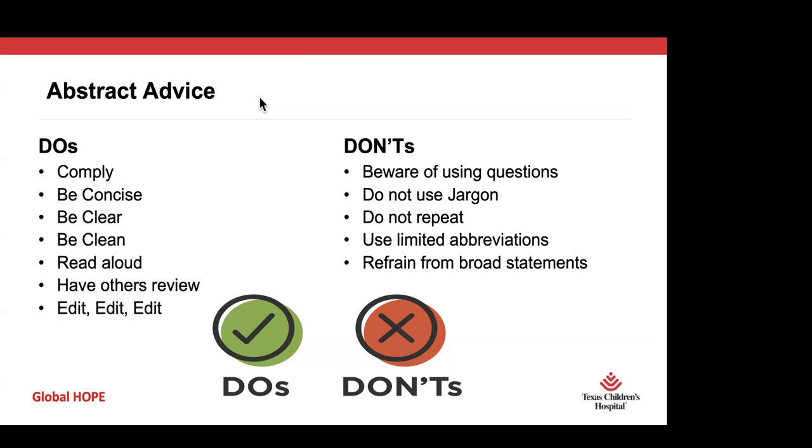Don't repeat something with 300 words. If you said the purpose of this study in your introduction, don't say it again in your methods. Go right into your methods. So don't repeat sentences anywhere. Use limited abbreviations. If you saw my examples, we had PPC, pediatric palliative care, because that does take 3 words versus 1. But I might only use 1 abbreviation in an abstract. Certainly don't go more than a couple because you're going to get